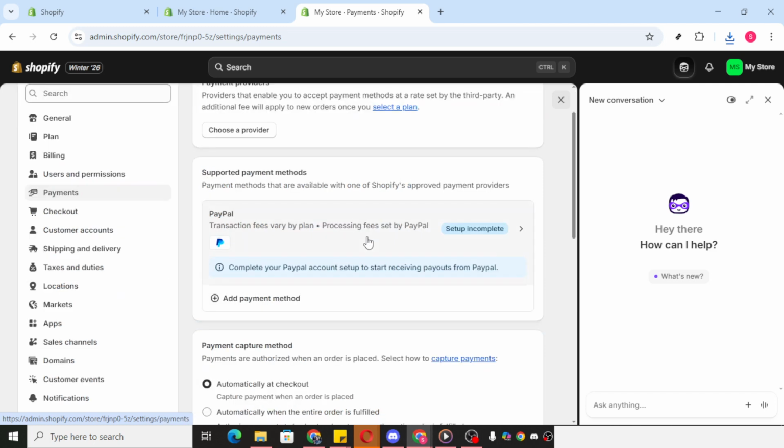If you see any warnings, error messages, or an inactive status, resolve those right away. Make sure you're not unintentionally in test mode. Test mode prevents real payments and can look like the checkout is failing. Also, verify the accepted payment methods align with what your customers are using and that your store currency matches what